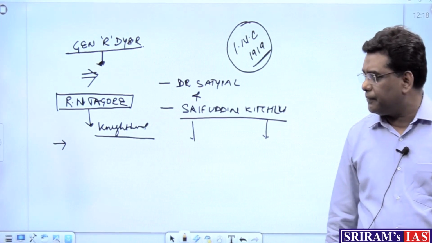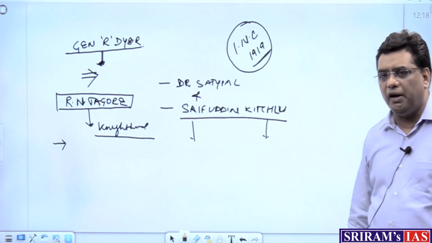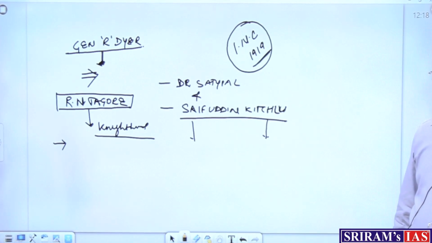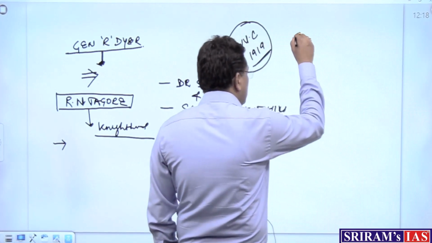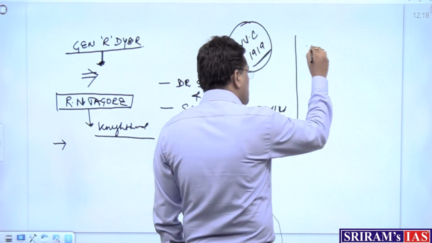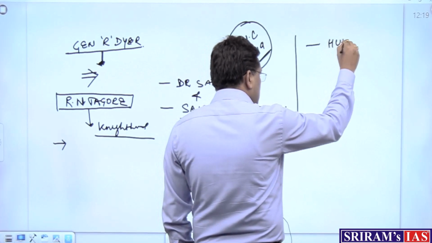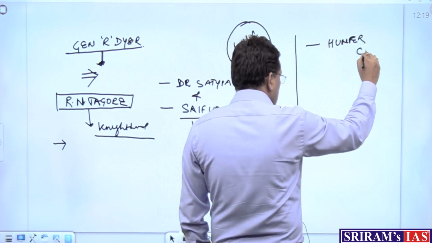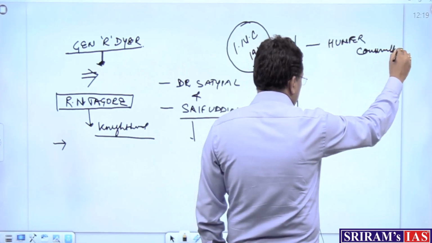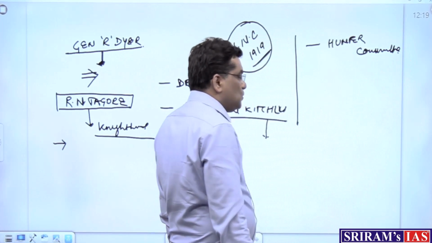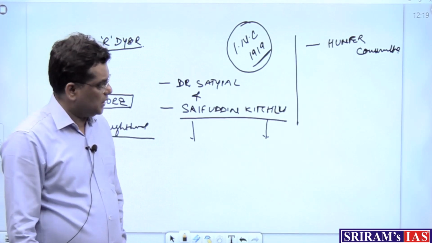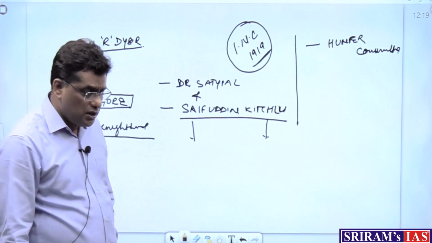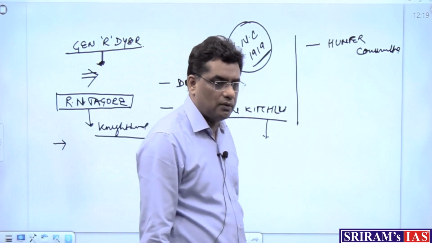So there was pressure on the British to act. The British government suspended General Dyer and constituted the Hunter Committee to inquire into the incidents of Jallianwala Bagh. General Dyer returned to England,